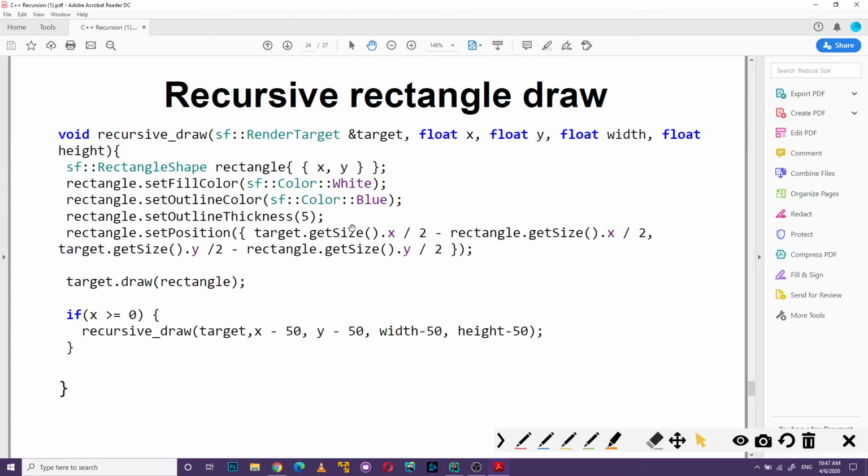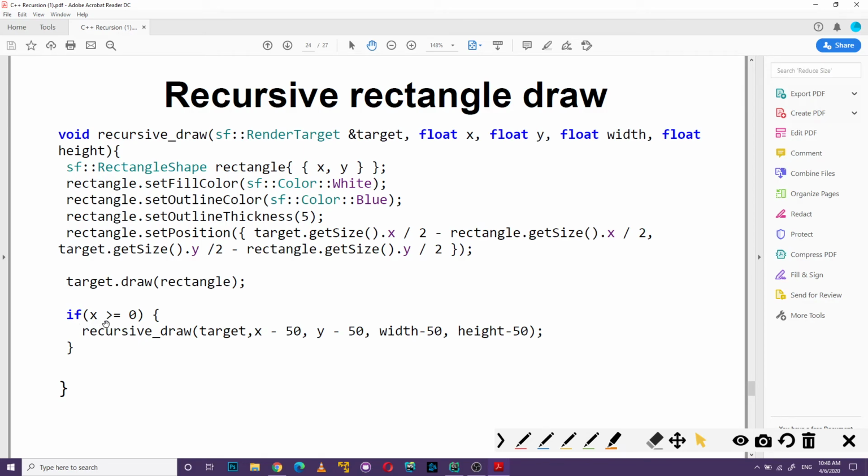I get the size of the window minus the rectangle half size if you need to get to the center, and y also uses the same formula. Of course, you're able to use a different approach to add this rectangle. And here the target draw function is drawing the rectangle, and the main place for our recursive draw